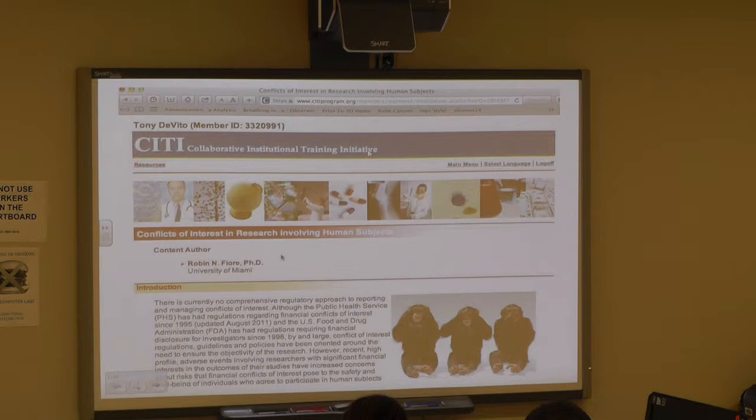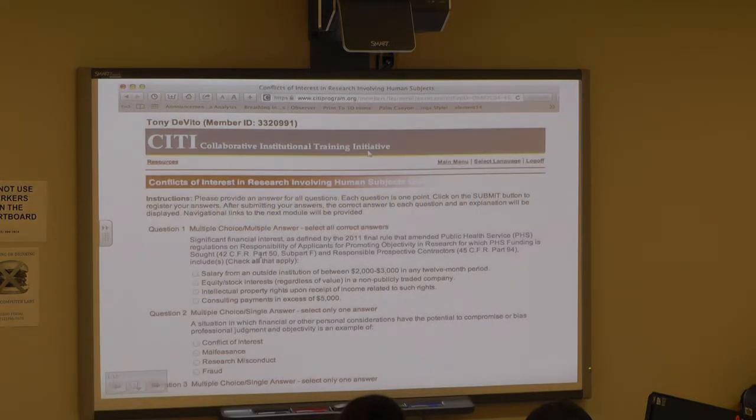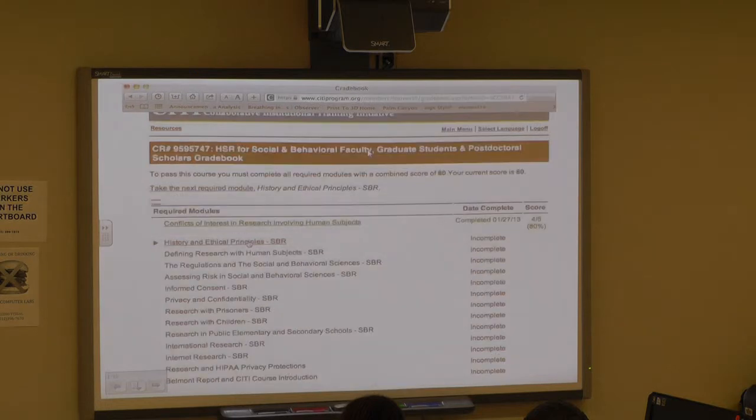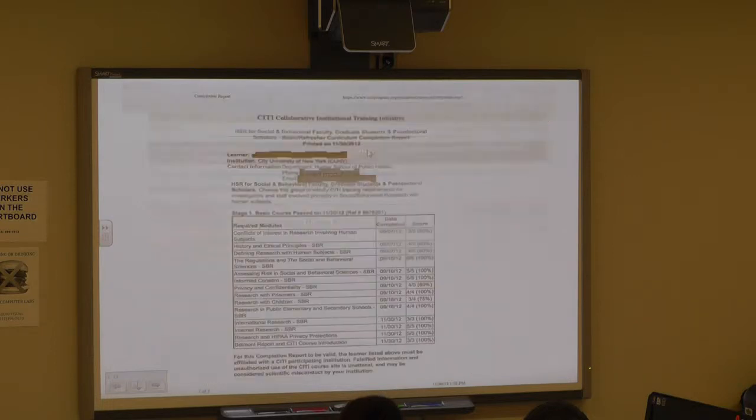Okay, finally, when you're all done, you agree. And this is kind of what one of the modules looks like, except you'd see numerous pages of this material. And then this is what one of the quizzes looks like. They're all multiple choice. Then it'll give you some feedback on which answers you got correct and which you got incorrect. And that's what it'll look like if you've completed it. That first one was 80%. Now you're on to the next one.